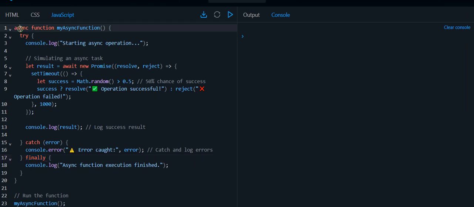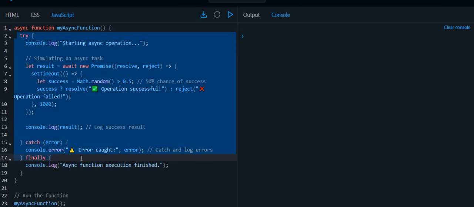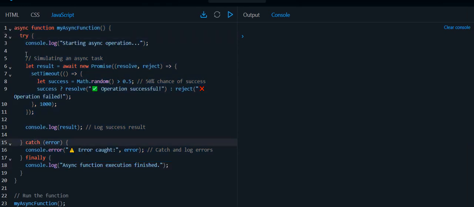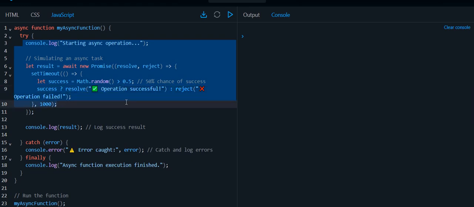You write async to tell JavaScript that you have an asynchronous operation inside. Write the name of the function and inside put a try and catch block. Inside try create a promise and